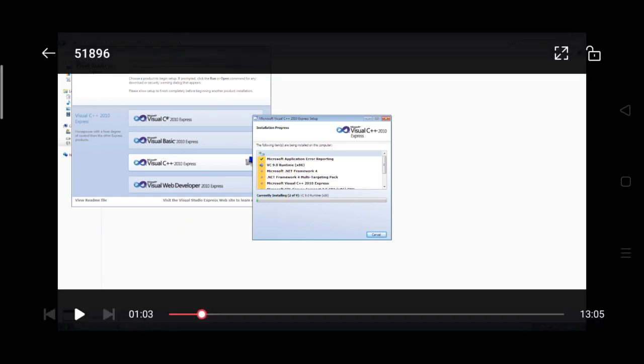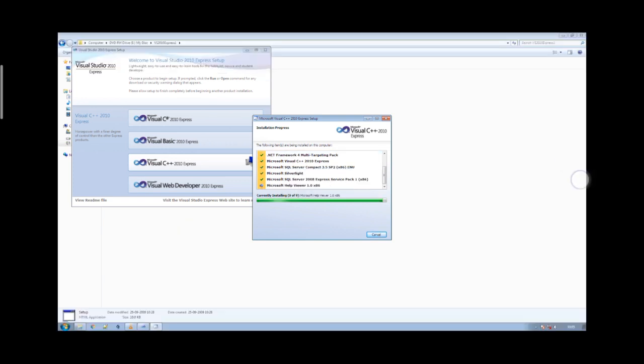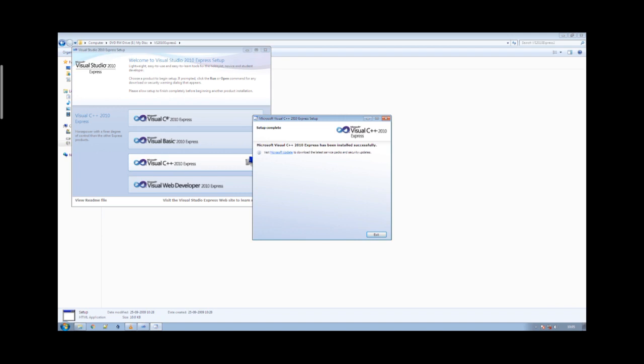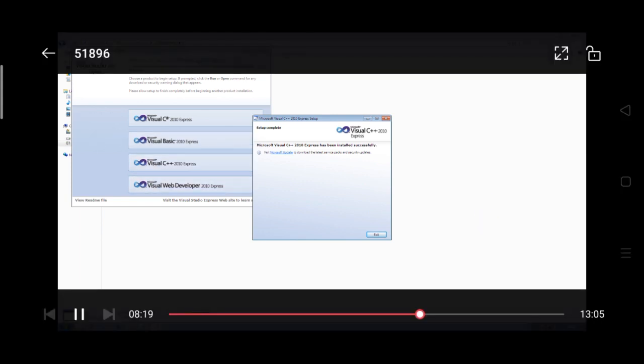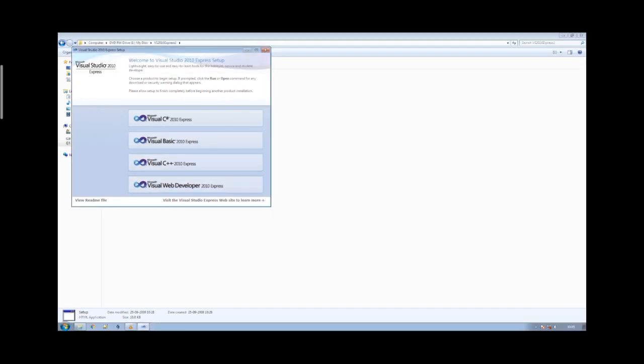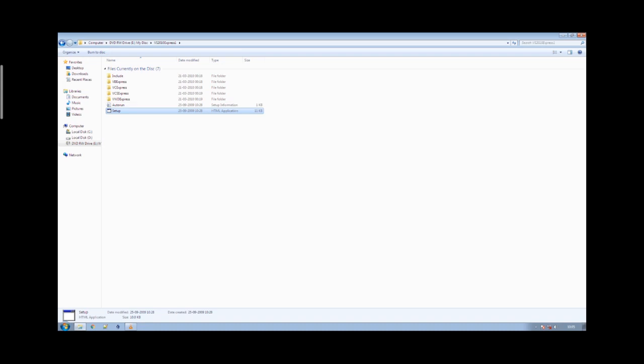Setup is completed. Now click on exit. Then close the window. Click here, click on close. Fine. Next is configuring the